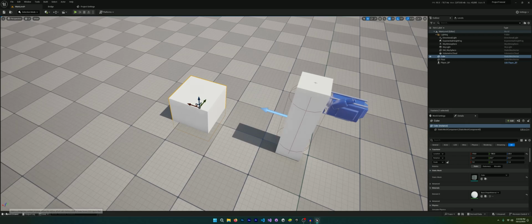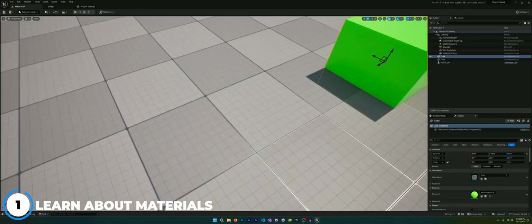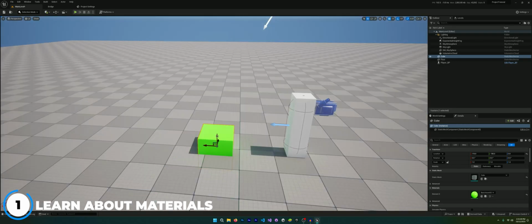Alright, so to change that we want to change the material. Right here in the details tab you can see the material. Now if I click on this, because we added starter content, we can choose from here some default material. For example, we choose this green one, which fits perfectly for our need. However, we don't have a material for everything we want to create. We are in luck that we found this green one, but I think it's better if we learn how to